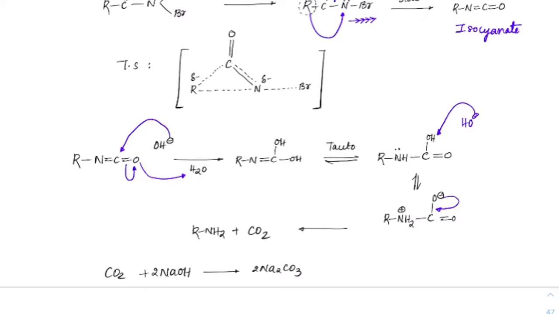And NH2 lone pair from here can extract the proton, right? Either from solvent or from here. It doesn't matter where it comes from. So we'll get this as RNH2 plus CO2 will be forming and RNH2 will come out. So primary amine and carbon dioxide will come. So whatever carbon dioxide that has come, we will react with base and we will get that as Na2CO3. So that's how the primary amines are formed.